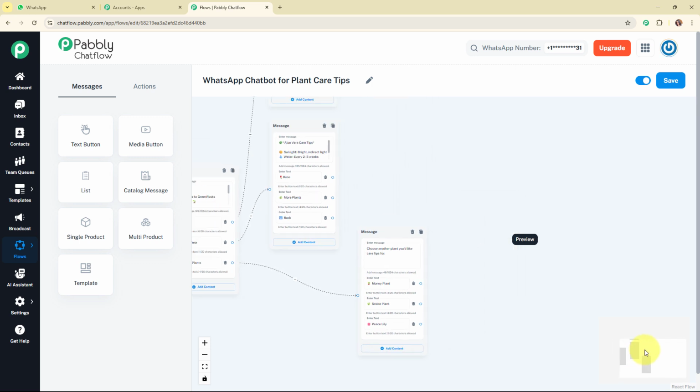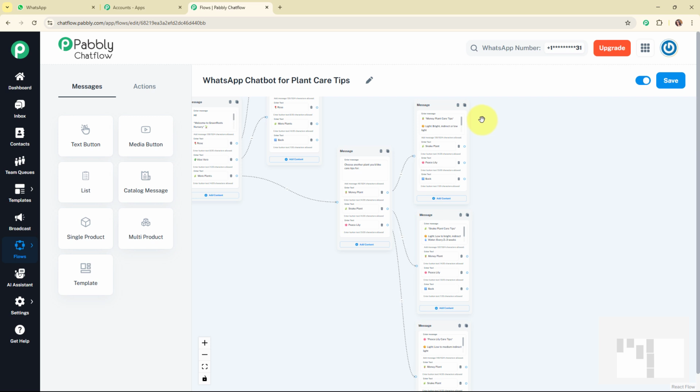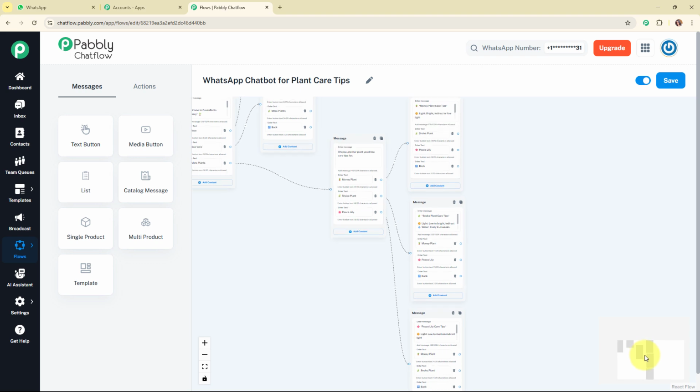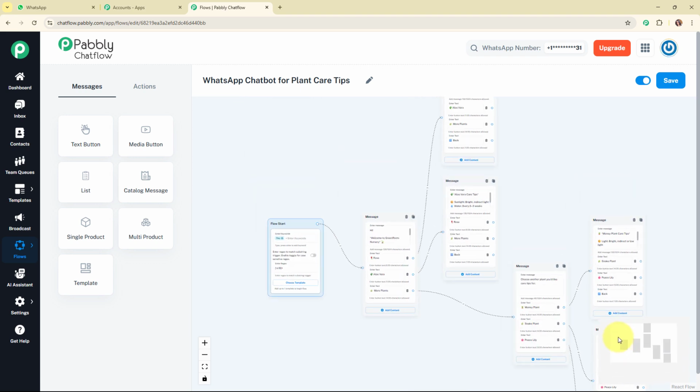And now after adding the more plants name, I'm similarly going to set up the WhatsApp chatbot for these quick replies button. That means the plant care tips for each of the plants, by adding a text box over here. Alright, so let me add the text boxes. Alright, so here you can see I have successfully added the text boxes for each of the plants with the quick replies button with the other two plant names and the back. Alright, so with this we have successfully completed the WhatsApp chatbot for these quick replies button.